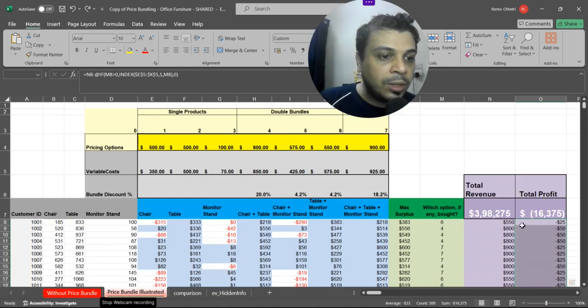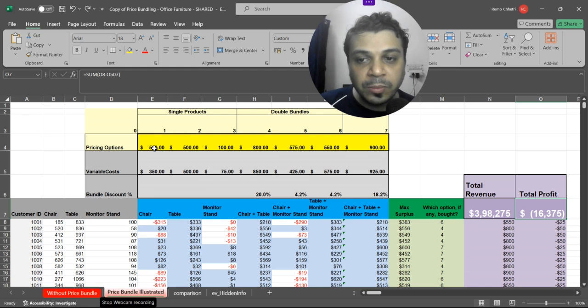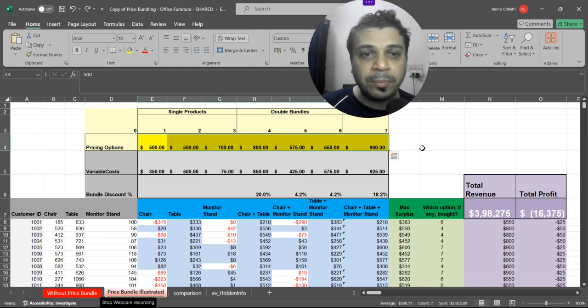Yeah, so this is actually given in absolute terms, so it's actually a loss. This is an accounting convention: when we have a negative value, we put it in brackets. So essentially, this is not profitable the way this has been set up, and as you can see, this means that the way the pricing has been set up